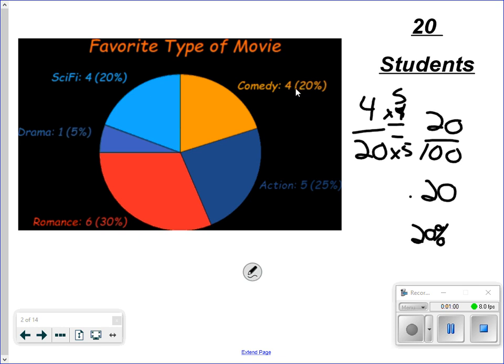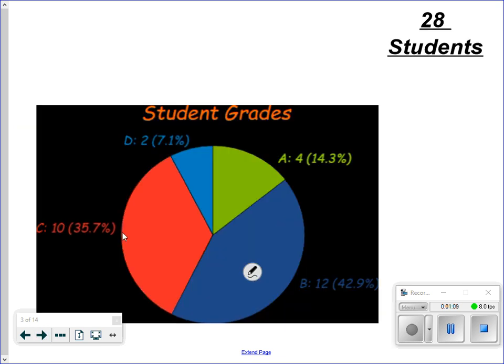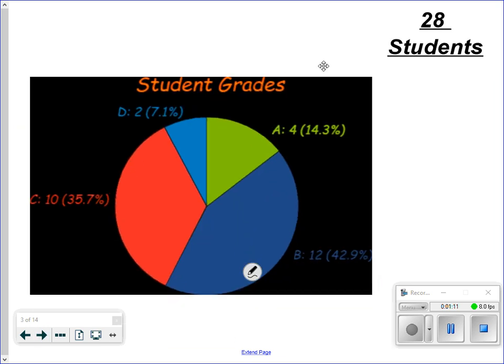Same thing here, 20%. 5 would be 25%. 6 would equal 30. 1 would be 5%. Let's take a look at this next one here. Student grades. So there's 28 students. So 2 divided by 28 would be